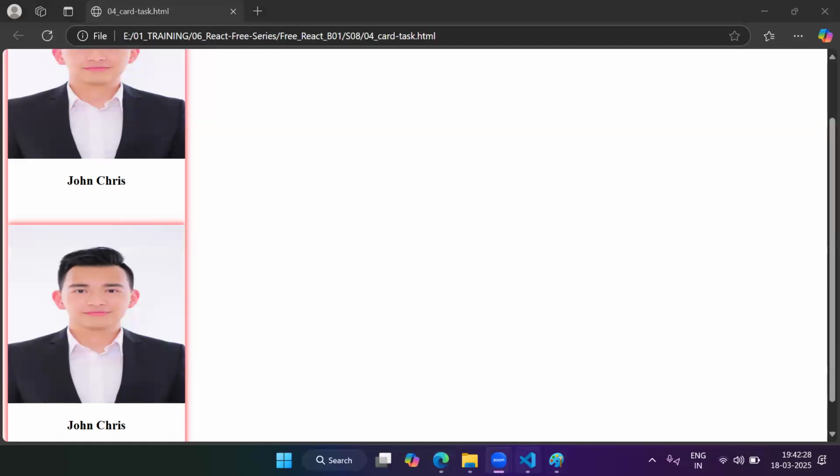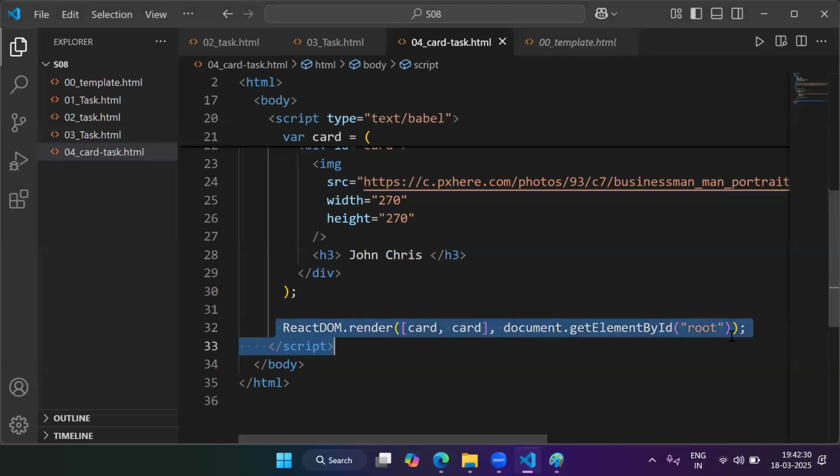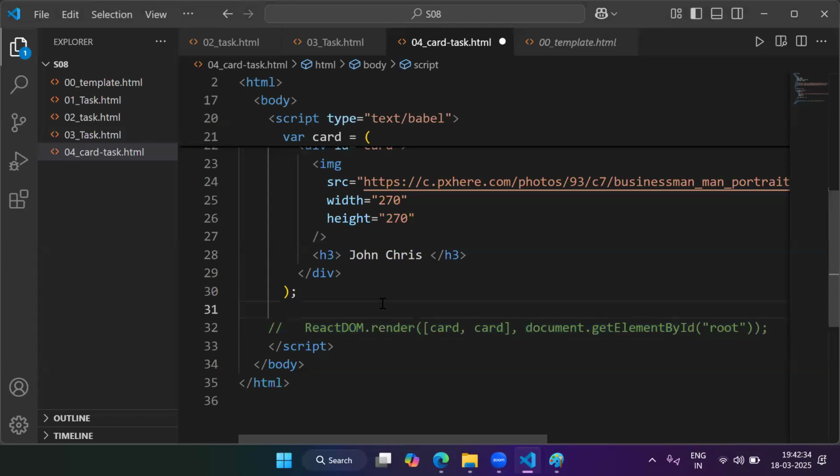Yes. This is one technique, guys. Another technique. Let me show you another technique. Instead of passing array here,